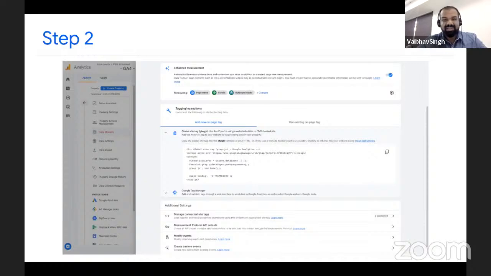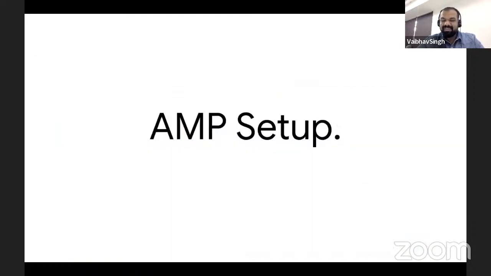And we have seen this happening to many website owners in the last couple of weeks. Because this code has been added, although it gives you data, it gives an AMP error, and hence it could result in deprecating your AMP page views or blocking some of these streams for your traffic. So please, while implementing, make sure that you implement this code only on your non-AMP pages. Now, the major challenge comes with the AMP setup.